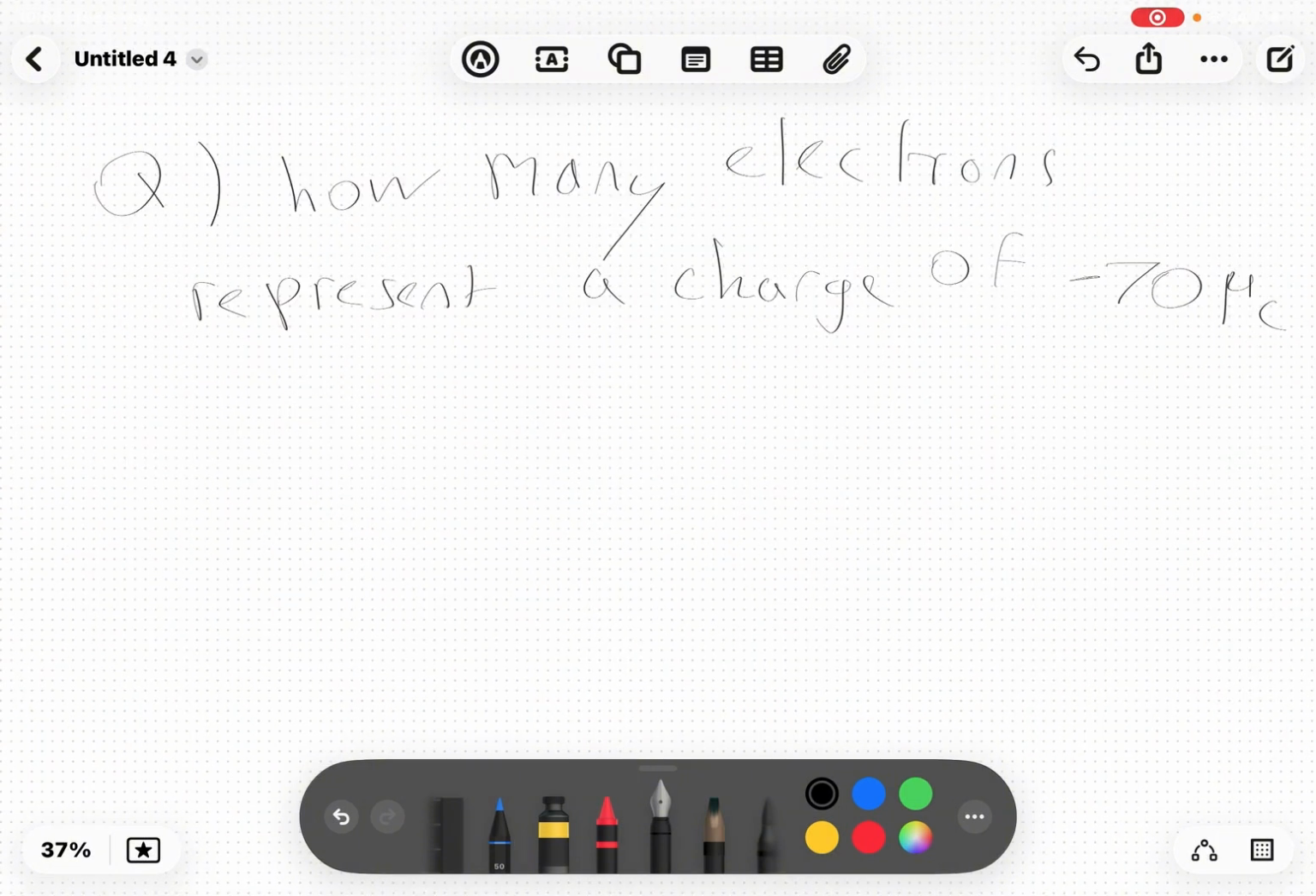So here's the next question. How many electrons represent a charge of minus 70 microcoulombs? So basically this, but only electrons, if that makes sense. So first of all, let's convert this to only coulombs. So minus 70 times 10 to the power minus 6, which will equal